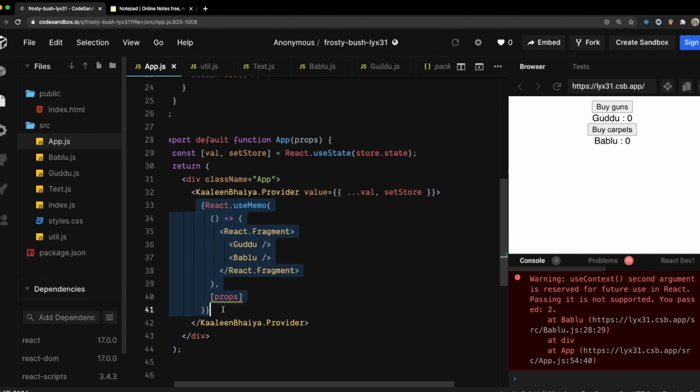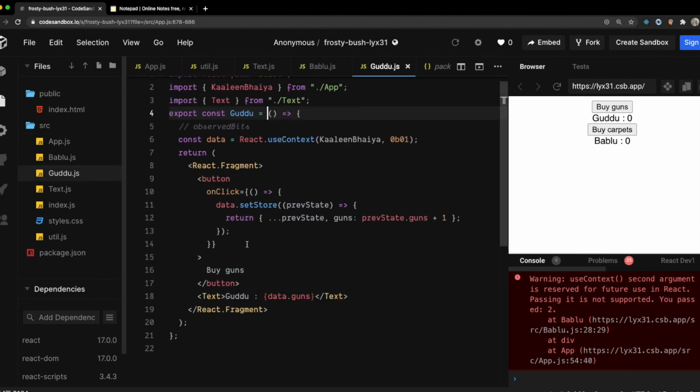If the context changes, then of course this GoodDo and Bubbly will change, because that is something different. That is an extra subscription, right? So now what I have done here is that I have memoized based on props. Only if the props change will this rendering happen for this functional component, right? So when my setStore is called, there are no props that are getting changed. So this will stay memoized.